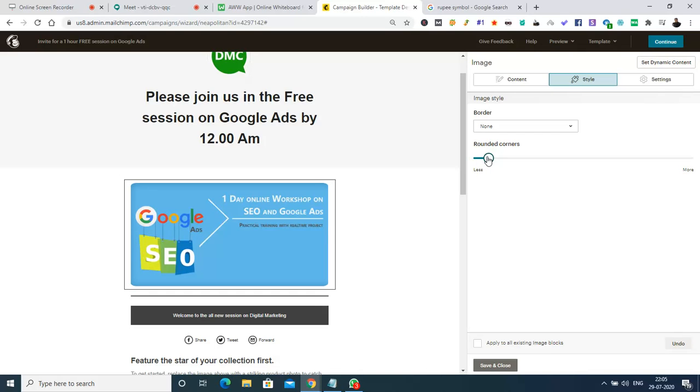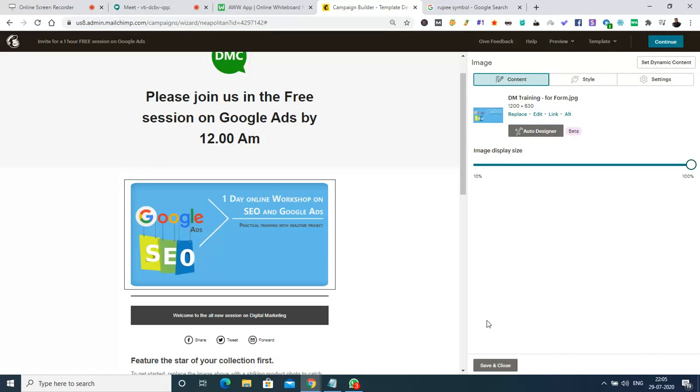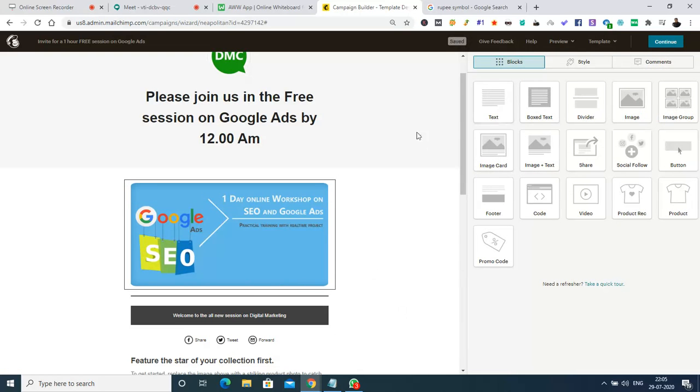Okay, this looks cool. So I had chosen this rounded edged image, and then I have a settings option through which I can align whether it has to be in center, left, or something. Okay, all right, and then after choosing this image, I'm going to save and continue,